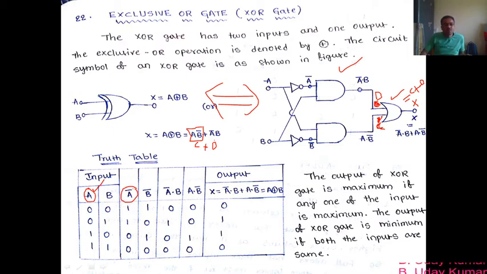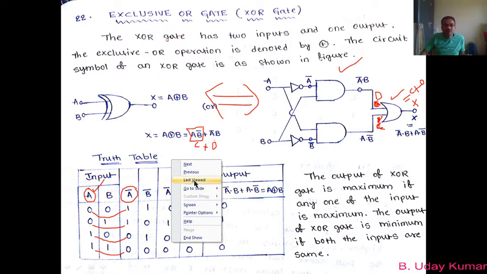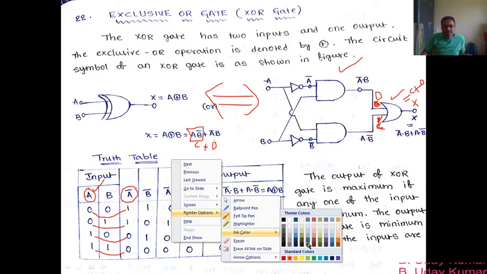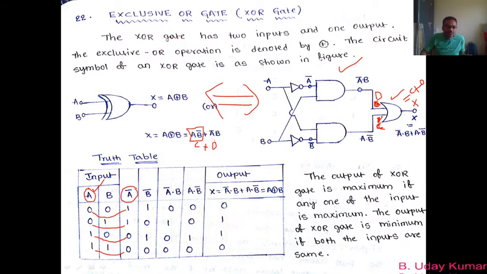You know, A bar is nothing but the inverse of the input, right? So now when we have A to be 0, A bar becomes 1, you know this. And similarly we have 0 here, that means A bar again becomes 1, and we have 1 here, and hence A bar becomes 0, and since we have 1 here, again A bar becomes 0. So fine, so the A bar values are over. Let me take another ink color to find the values of B bar.